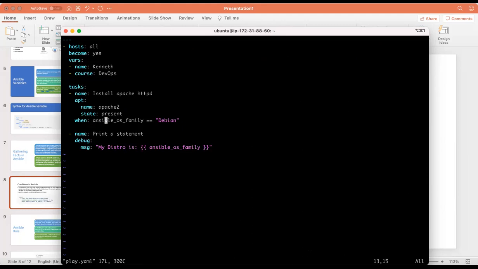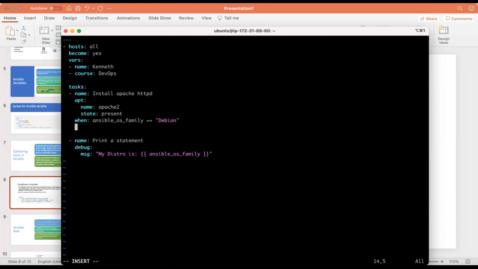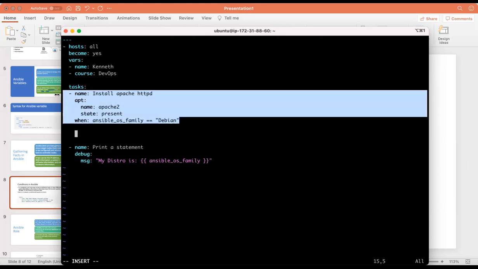On our Red Hat also. So we want to install something on our Red Hat too. So I will add another task again. Task is where you do all those things. So I will add another task,